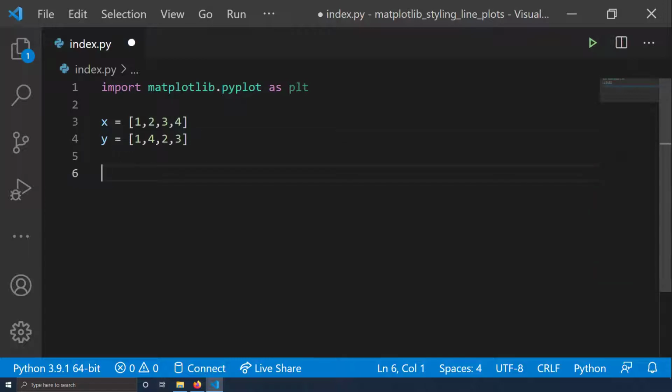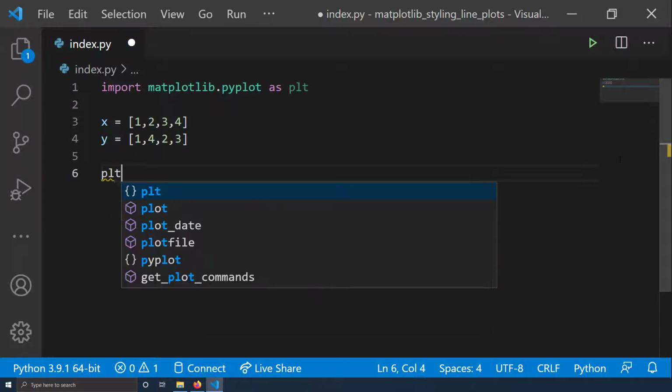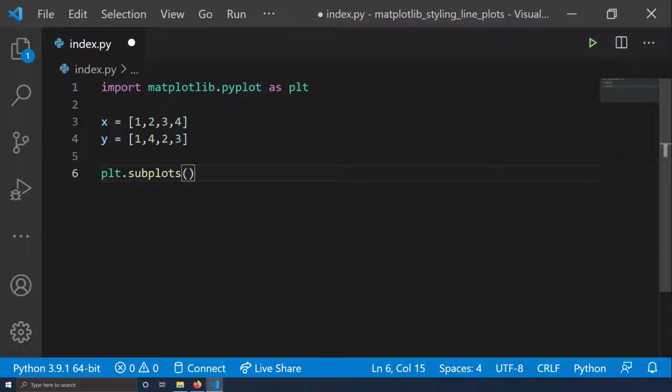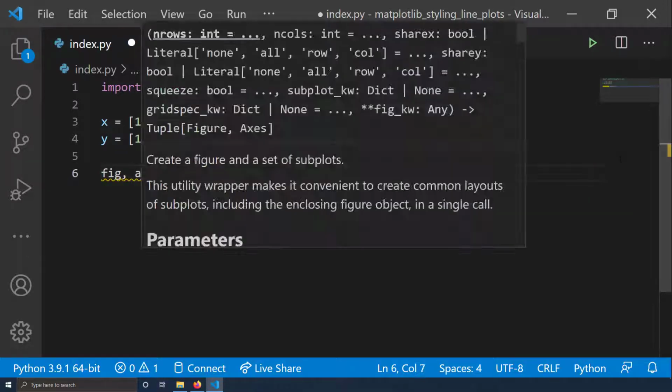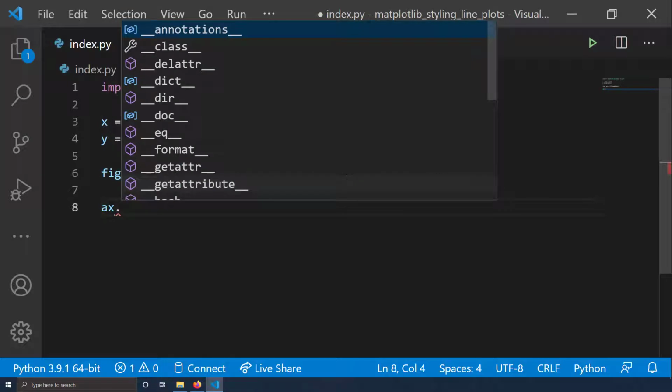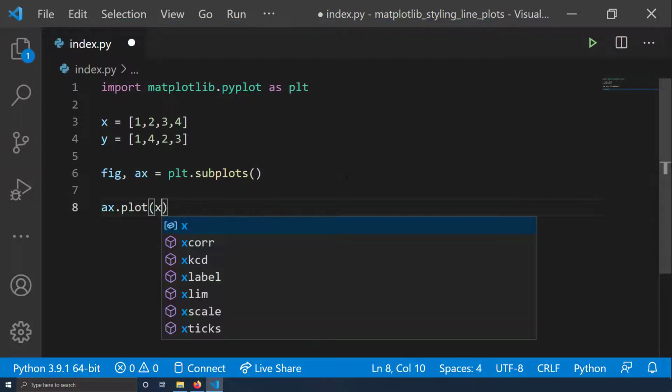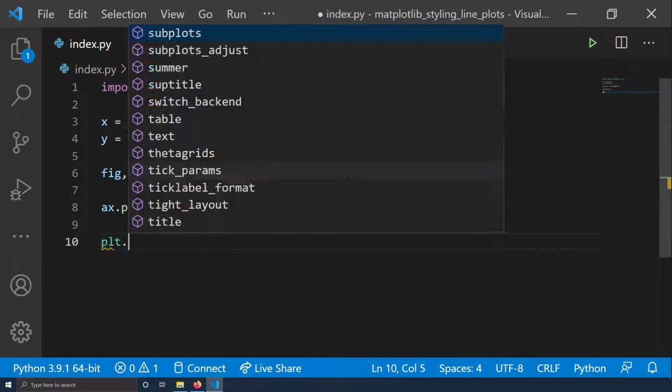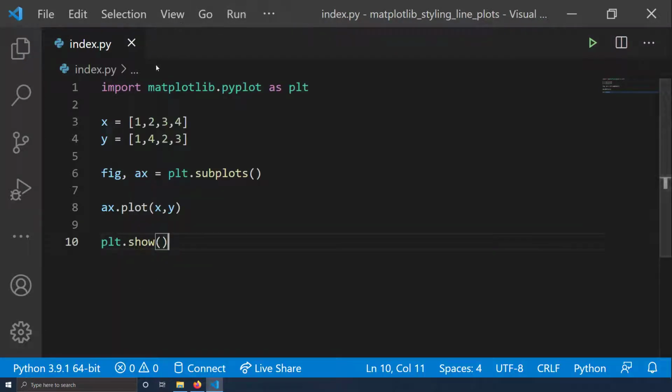And now I'm going to create a canvas on which I can draw the plot. The canvas can be created by plt.subplots, which means I'm going to create a single plot on a single canvas. In return I get a tuple which gives me the figure handle and the axis handle, and this axis handle can be used to create a data plot. Using the axis handle, I'll write ax.plot of x comma y, and then use the matplotlib.pyplot module to say show, which will show me the plot. So using 3 lines, I can create a basic plot.